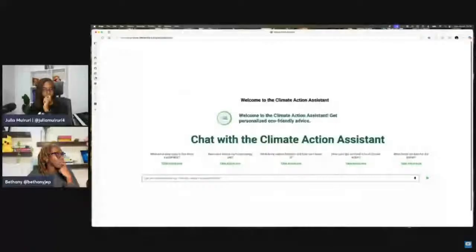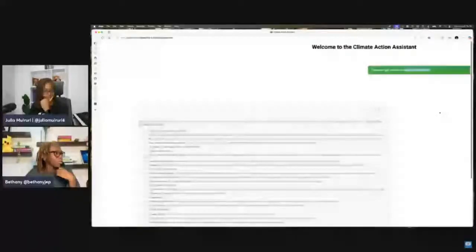And one of the things I tried was: how can I get involved in local climate action? So if I want to do all this, how do I get involved in it? With AI, I give it some time to give you a response. And then it tells you, okay, if you're trying to help in local climate action, this is what you do. You assess your interest, research where you are, and try to figure out how you can help in the area that you're in.